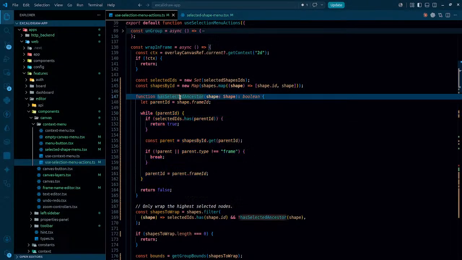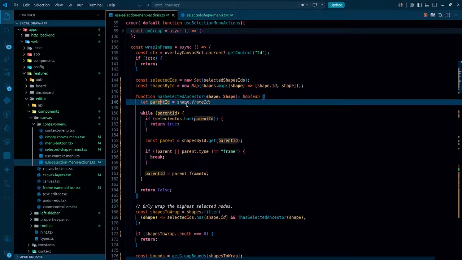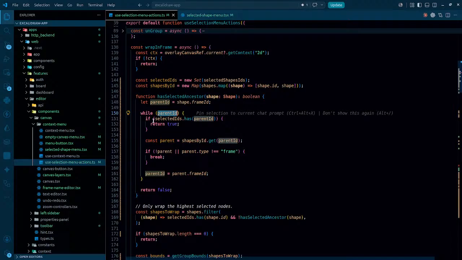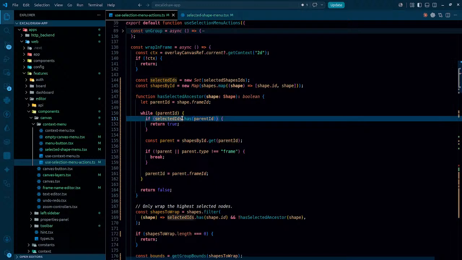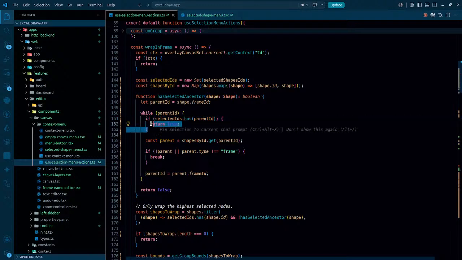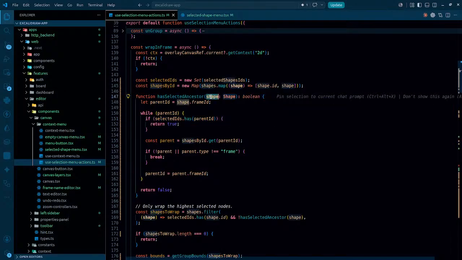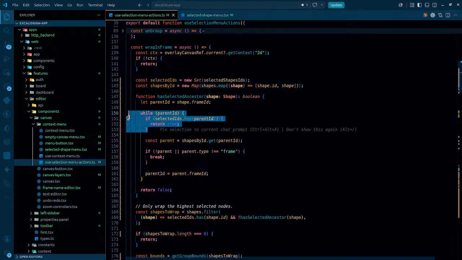Yeah. So has selected ancestor means we are passing the shape. Once we are passing the shape, parent ID is gonna be shape.frame ID. If it has the parent ID, in that case selected shape has the parent ID. Selected ID has parent ID, return true, that simply means it does have the parent. Okay, so when we are passing any shapes, we just simply check whether that particular shape has the parent or